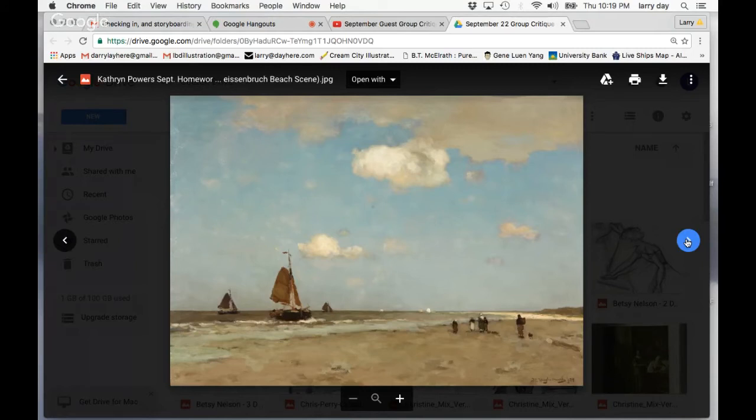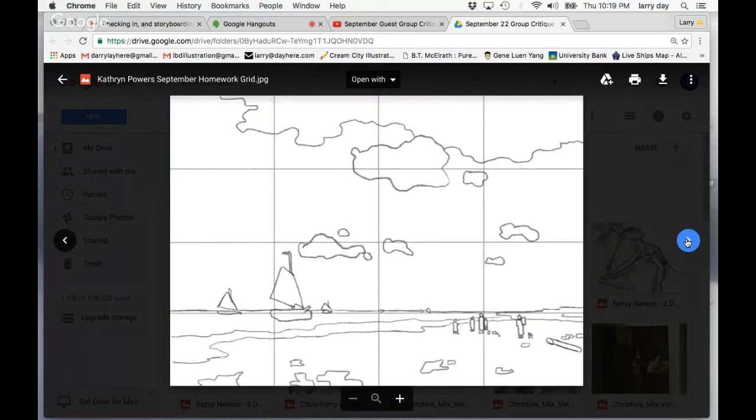I thought it was a Sisley at first. Oh, maybe. I don't think it is, but the gridding thing here is really cool. Because look where the horizon is. Way down there. It's exactly on that line. Now, if that horizon had been in the middle, it would be so dumb. It would not work. Because one thing he's done is he created this majesty of it with the high